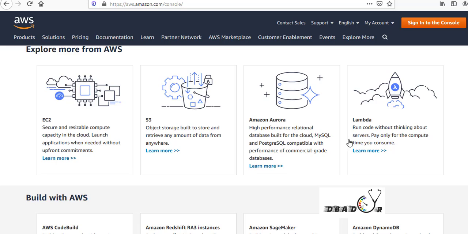In this portal you can see Amazon Web Service. Amazon Web Service is nothing but a cloud service. A cloud service provides you some services which will reduce the human load and reduce the customer load. So let's move on. Here we have different